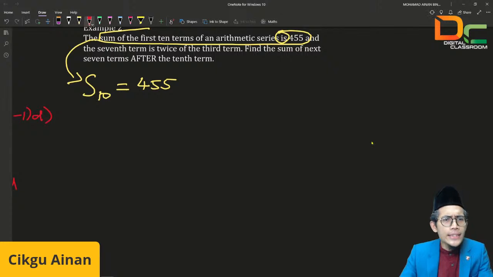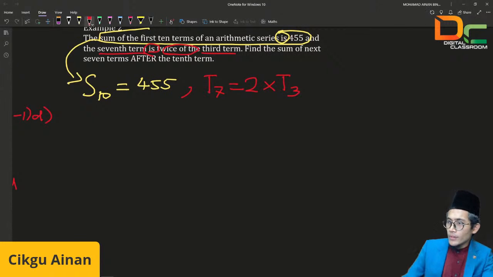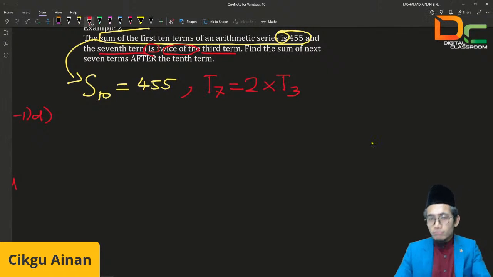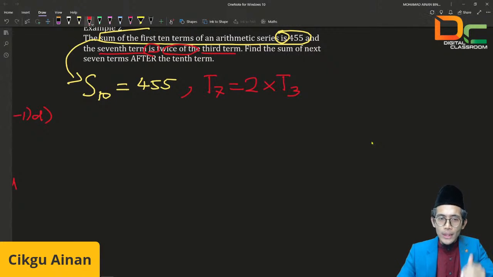And then the seventh term means equal sign, twice of what? There must be something else. The third term. Like this. So it should be easy. If you read it one by one, you should be able to crack the English sentences and change them